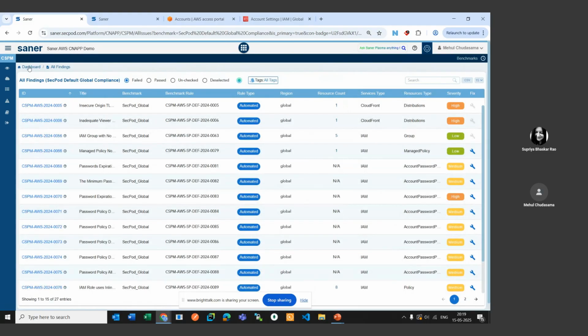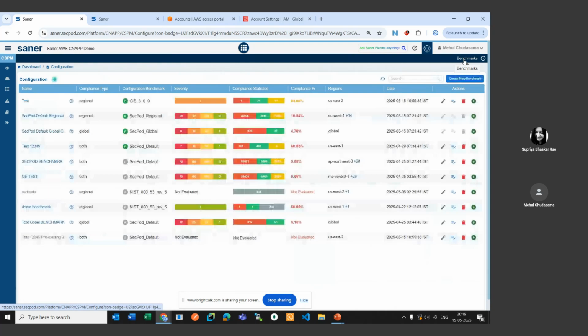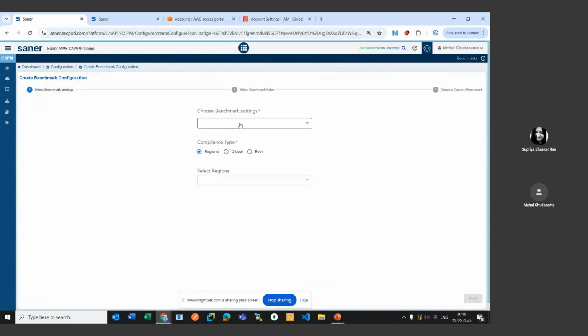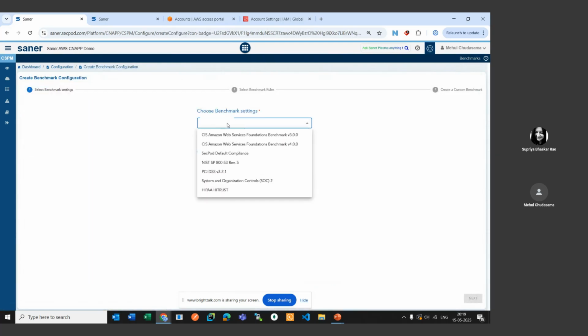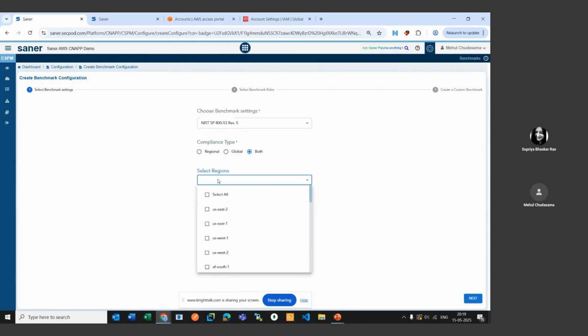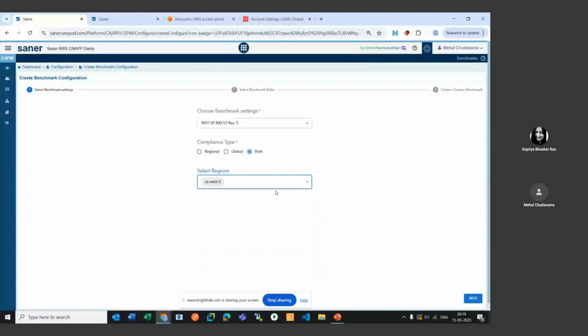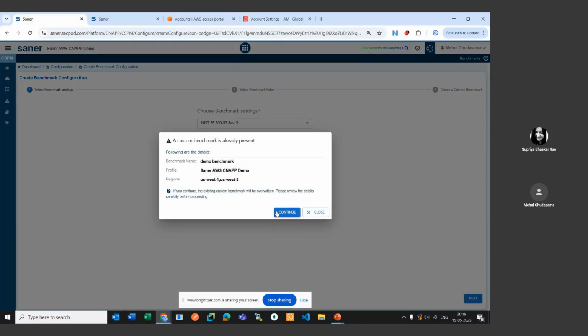In order to give you a better understanding, let me show you how we have created a particular benchmark. So let's go back to the dashboard. Let's go to benchmark. Let us create a new benchmark. Let's select NIST as a benchmark set. We will say both region and global resources, and we will run this benchmark only for the US West 2 region as of now. You can run it for multiple regions as well. Click on next.